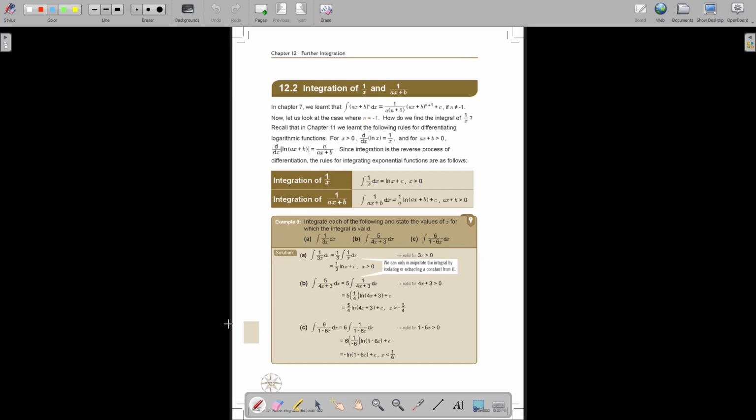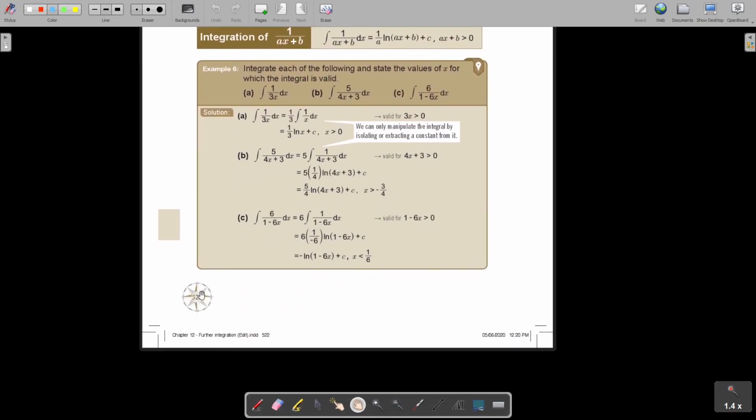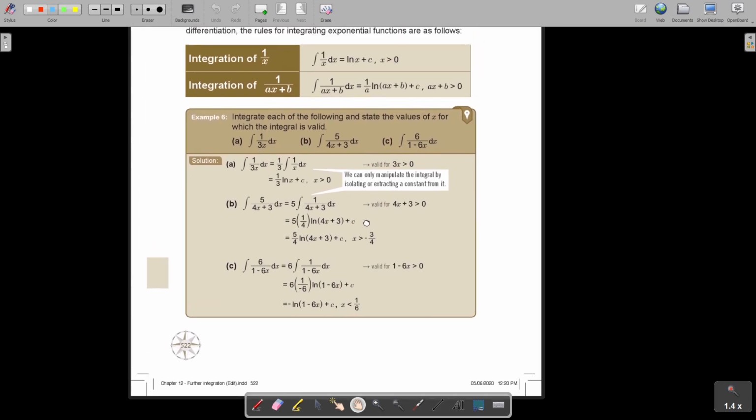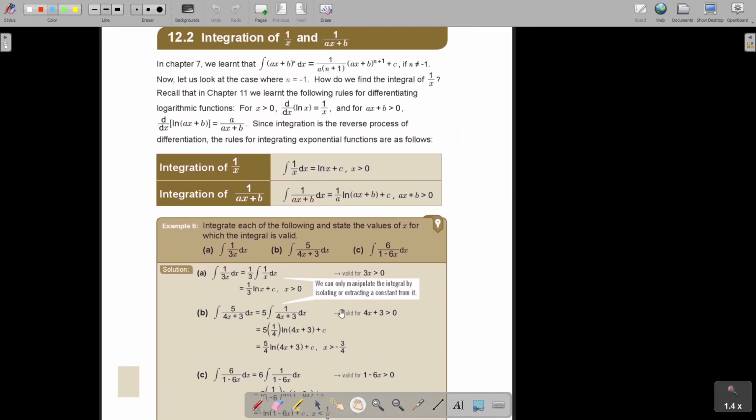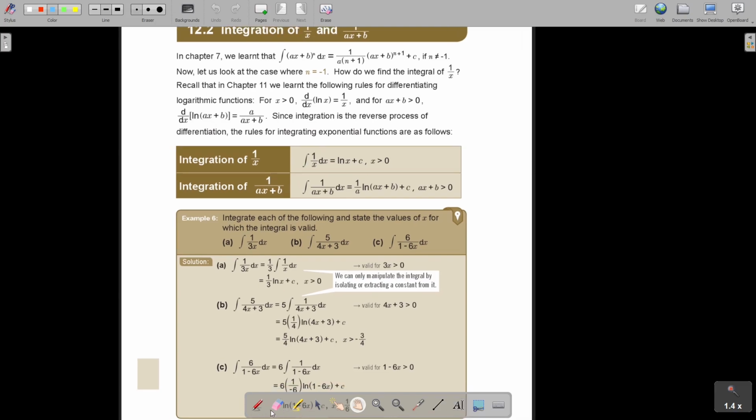So let's just look here. In the AS-Level Mathematics textbook, page 522, or you can go to the summary page, you just see the formula very clear. If there's only an x, then it will just be ln x plus c. Please don't forget, if it's indefinite, if there are no numbers at the top and bottom of the integral, then you must always add c. But if there are numbers, the c's will cancel out.